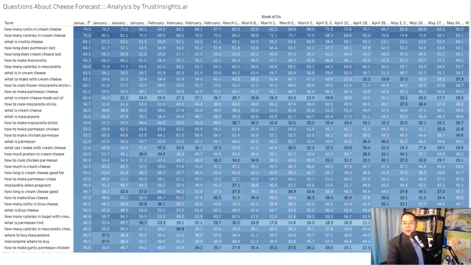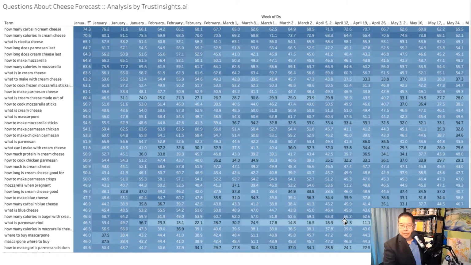And then if you go out, just to illustrate here, go out to like end of March, and now we're suddenly into like how many calories in mozzarella. What's changing? Well, of course, especially in certain parts of the world, it's getting warmer. It's getting nicer out. People are grilling more, right? And so the type of cheese changes. And the content you would create changes, right?